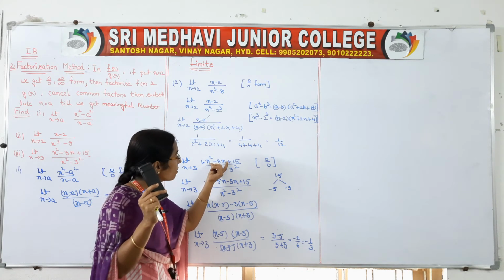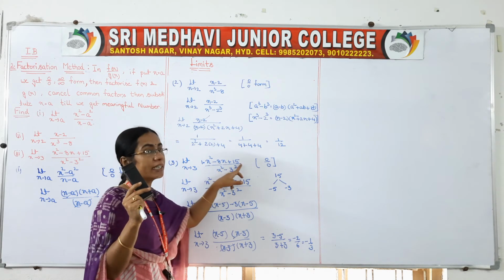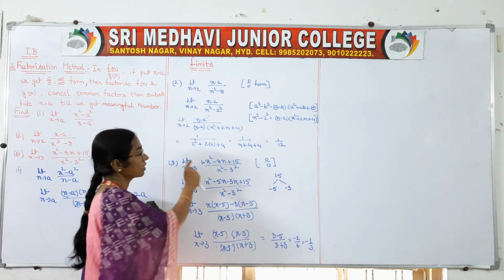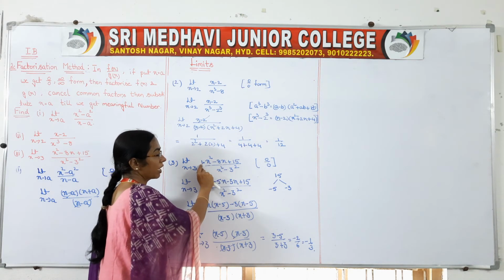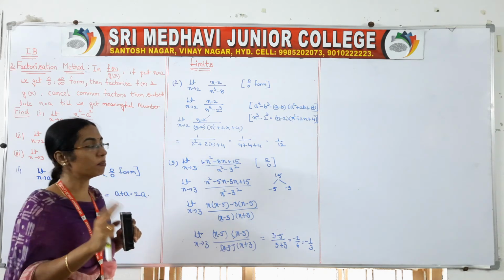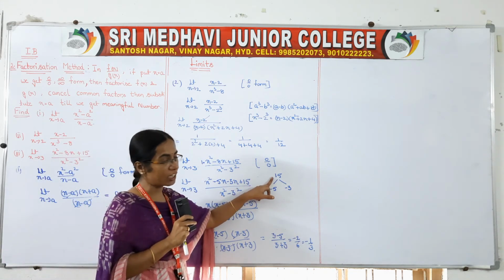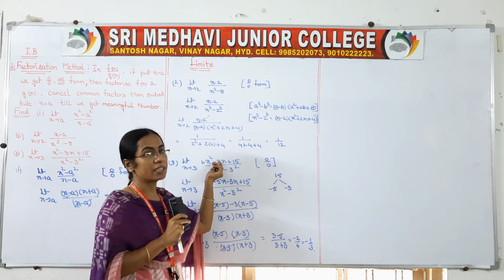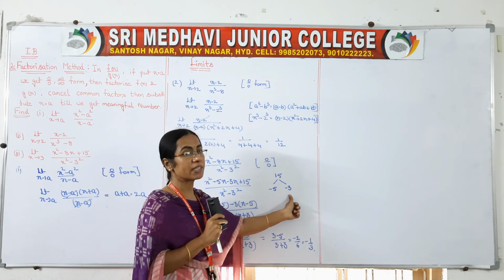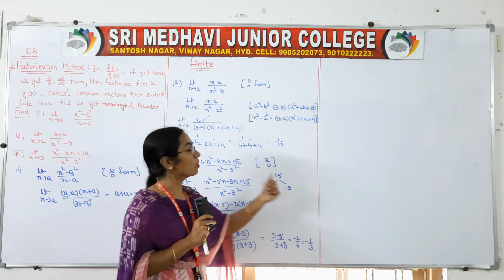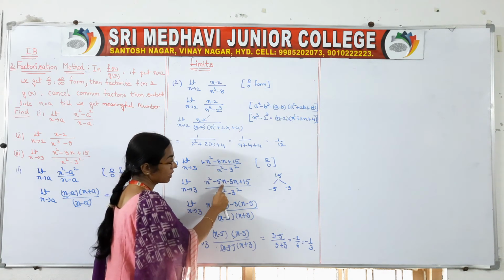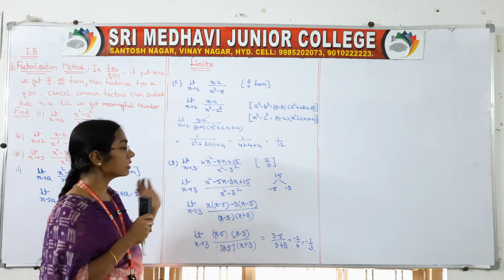So we have to find the factors for this x square minus 8x plus 15. How will we take the factors? First we have to multiply the x square coefficient with the constant, that is 15. Now we have to select two numbers. Their product must be 15 and their sum should be minus 8. So we can select those two numbers as minus 5 and minus 3. So we can write x square minus 8x as x square minus 5x minus 3x plus 15.